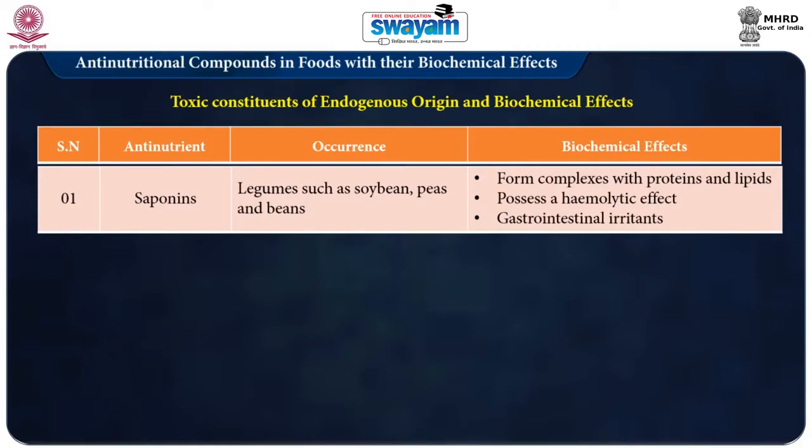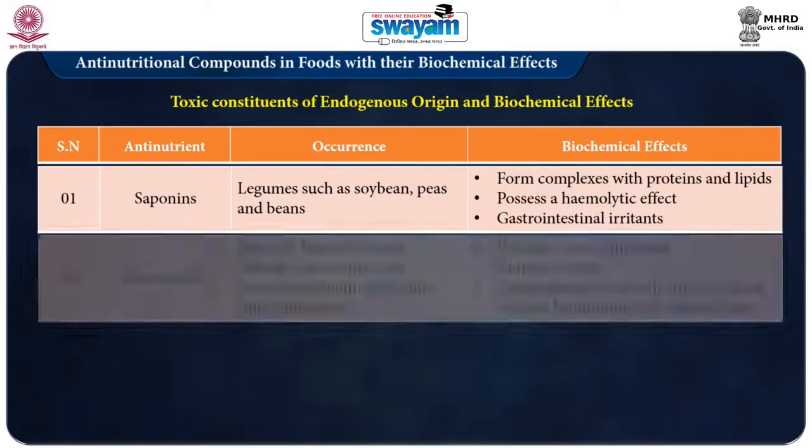Now, the first one is saponins. It occurs in legumes such as soya bean, peas and beans, and the biochemical effects that are seen are: it forms complexes with proteins and lipids, possesses a hemolytic effect, and is known to be a gastrointestinal irritant. Now, the anti-nutrient